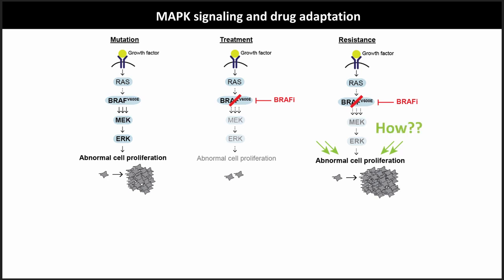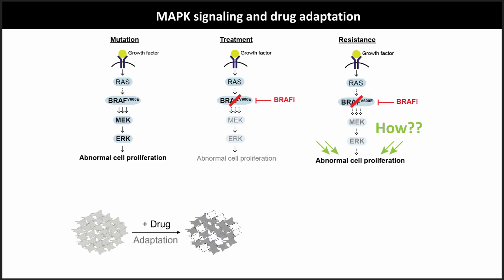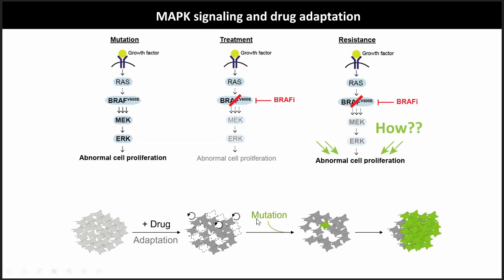And a major question in the cancer field is, how does this happen? So in one model of acquired drug resistance, an initially drug-sensitive population of cells non-genetically adapts to drug to survive and even proliferate in the presence of drug. And this act of going through the cell cycle and specifically undergoing DNA replication enables some cells to acquire a bona fide drug resistance mutation, which then will lead to a drug resistant population and tumor relapse.